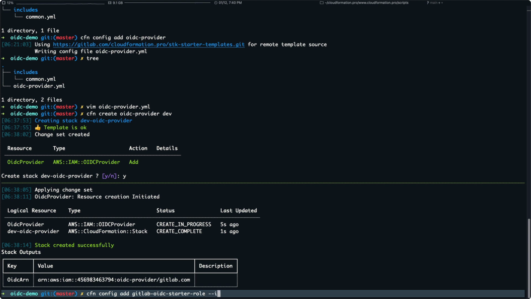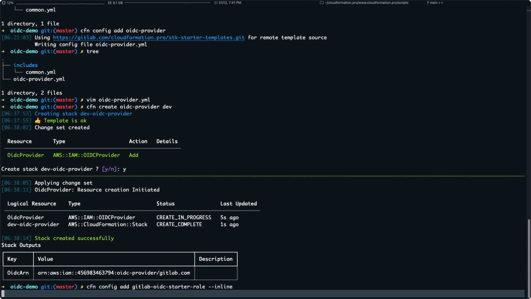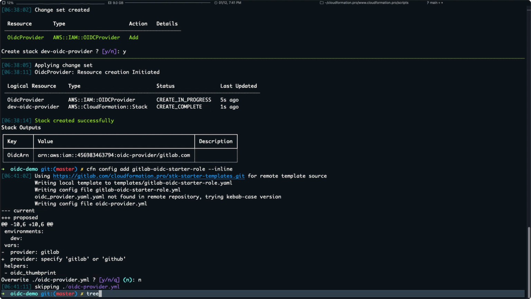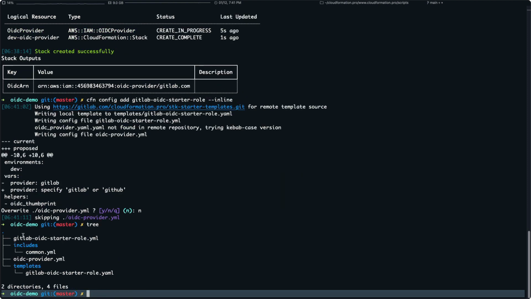Now we're going to pass the inline flag, which will create a local copy of the template. So it's just asking us if we want to override the OIDC provider configuration. No, we don't. So now we have a GitLab OIDC starter role configuration file, and we have the corresponding CloudFormation template in this